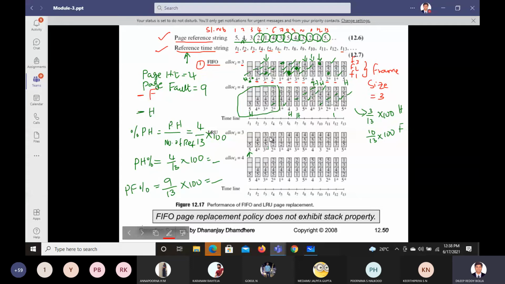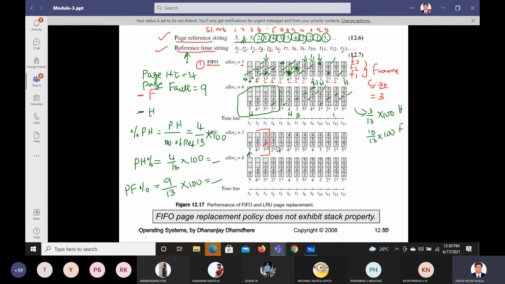Up to this point, the page replacement policy is no need to appear as of now. So now here we want to replace 2. So 2, if you want to replace, we have to check 3, 4, 2. No, sorry, 3, 4, 5. Check 3, 4, 5. So 5 we have to replace.